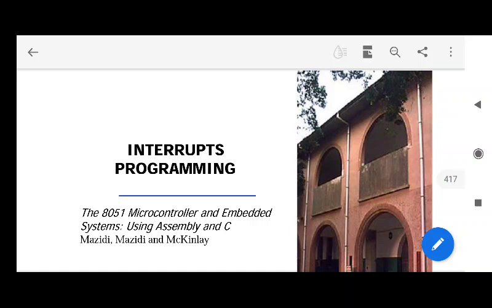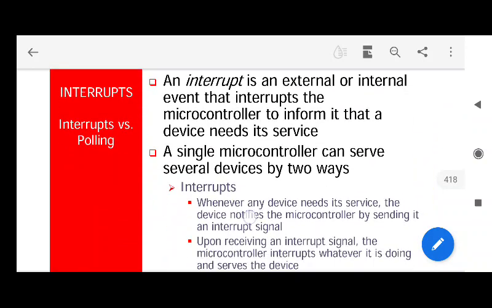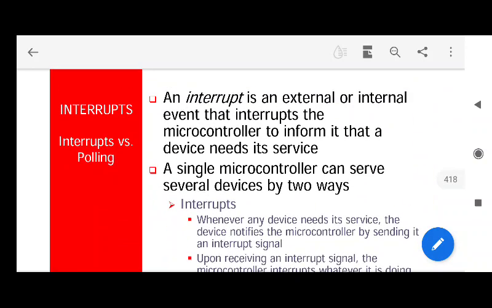Some students might have studied other processors like the 8085 and 8086. They might have studied what interrupts are, but for some students it might be new. So let us start with what interrupts are and why they are used. Actually, a system or a microcontroller handles n number of tasks at the same time. They are not dedicatedly doing a single task at a time. They are handling n number of things.